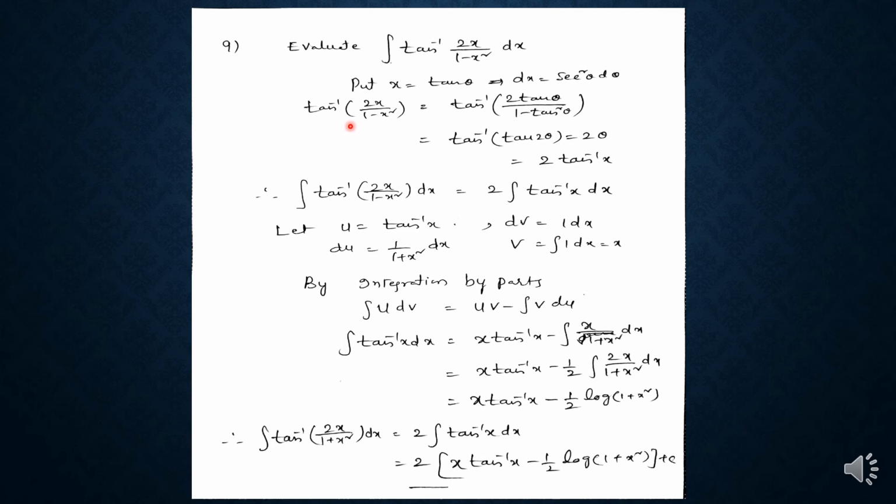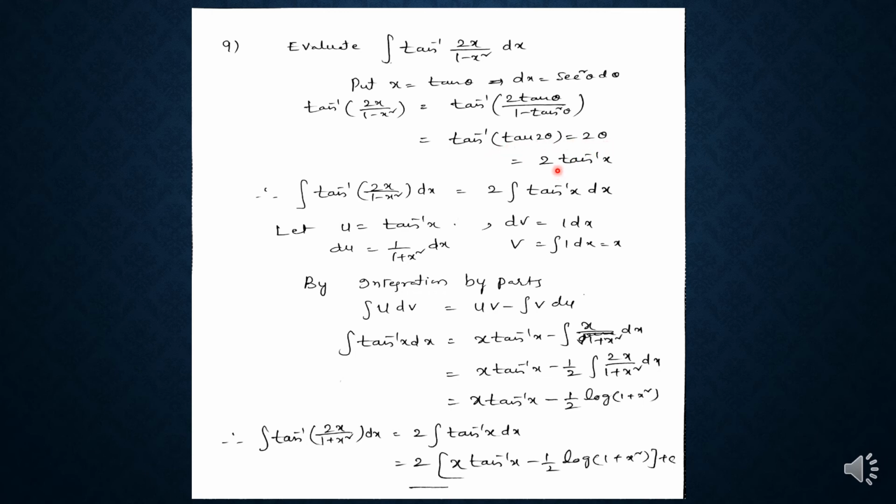Then tan inverse of 2x by 1 minus x square can be written as tan inverse of 2 tan theta by 1 minus tan square theta, that is tan inverse of tan 2 theta, that is equal to 2 theta, because we know that tan inverse of tan x is equal to x, tan of tan inverse x is equal to x, so that is equal to 2